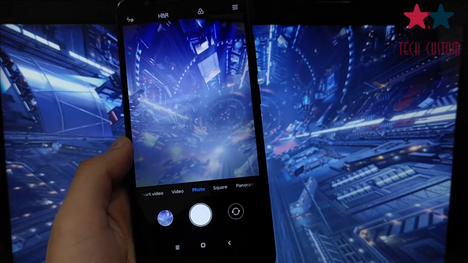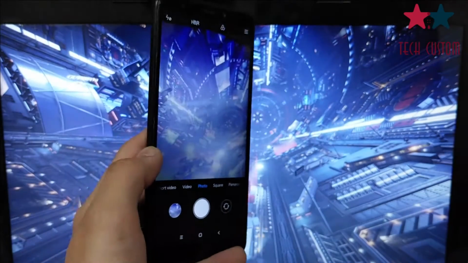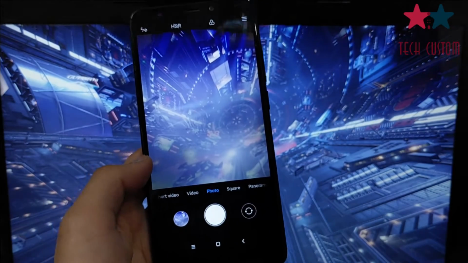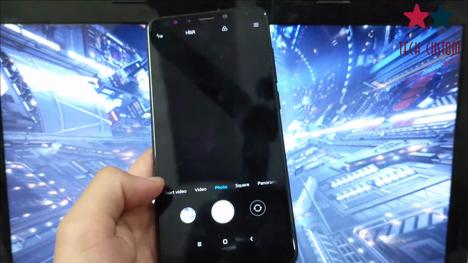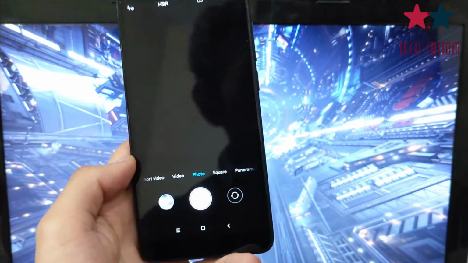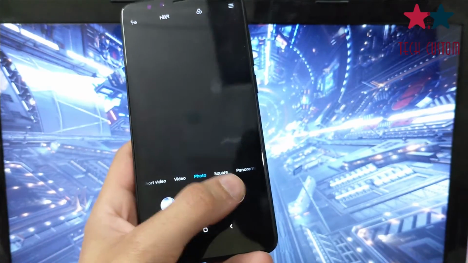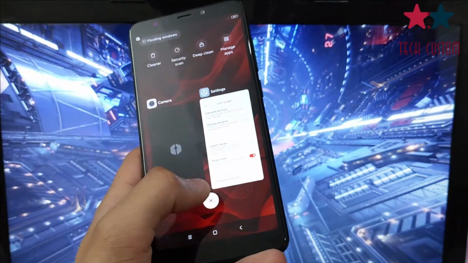So basically we will also check out the gaming performance. As you can see, in camera the phone is very laggy, ROM is very laggy. So basically what will happen in Call of Duty, I don't know. Camera is also very much laggy right now. So the developer needs to increase the performance of this ROM. Many of the bugs must be fixed for a better performance. So basically you can see there is still a problem in this ROM.